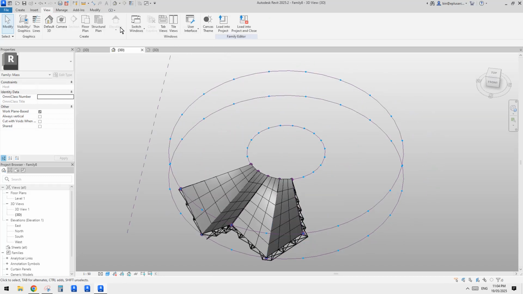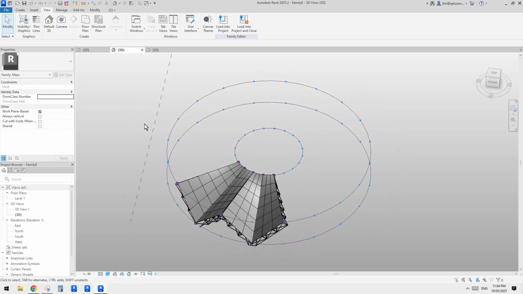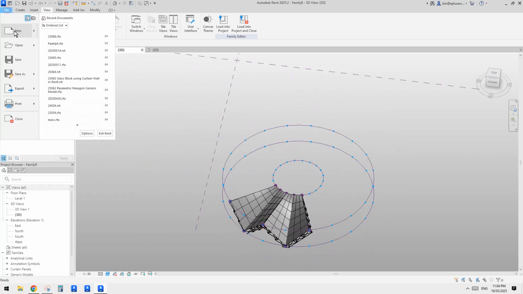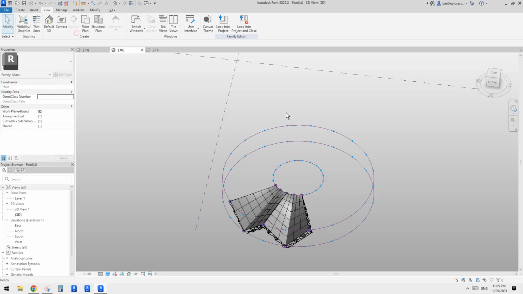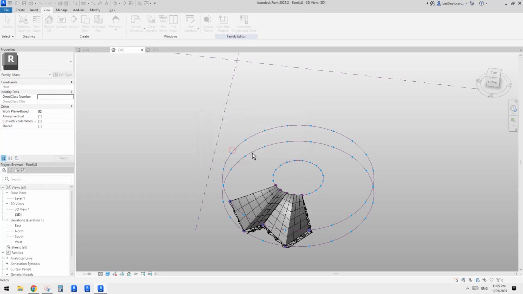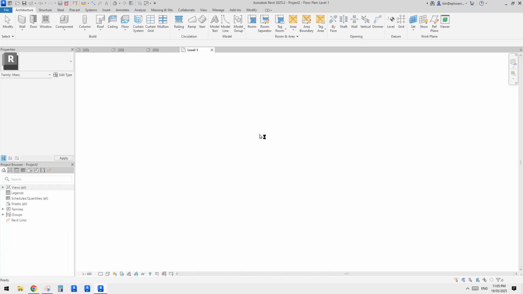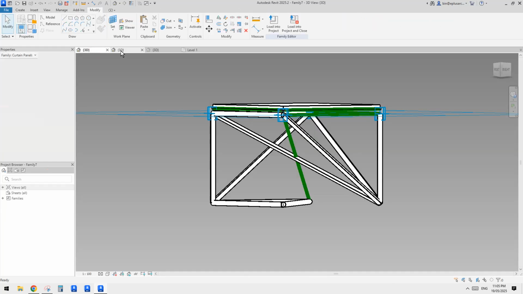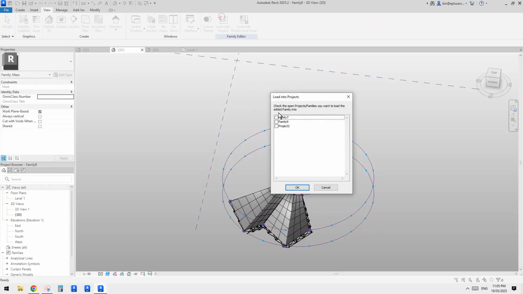We don't have schedules here, but we can still, if I go to create a new project, I won't use a template, I just use none. Oh, sorry, wrong one. And I'll just use metric, so it's just a minimal project, right? And then I'll just load this conceptual mass into the project,